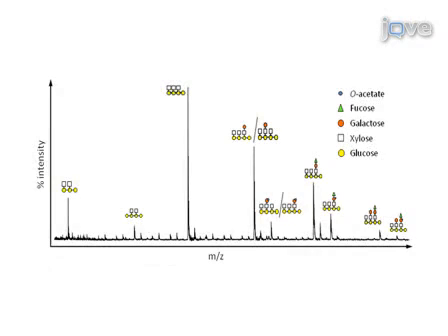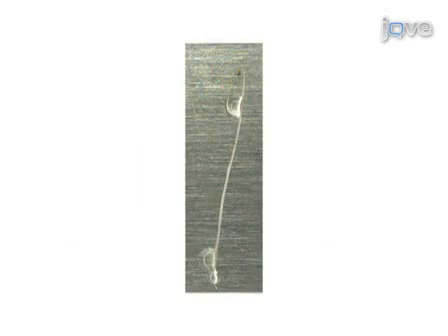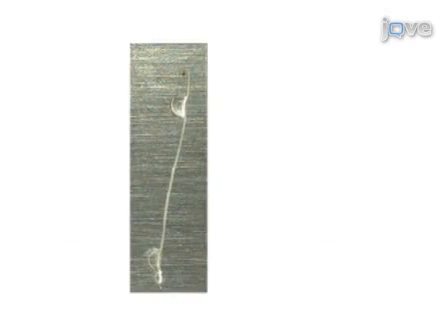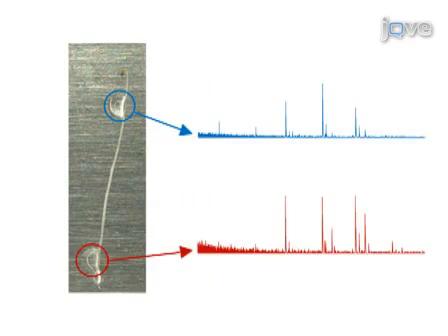This is a representative average spectrum of the oligosaccharides derived from the hemicellulose xyloglucan present in Arabidopsis seedlings. The ion intensities, or ion height, of all the ions of interest are added up to 100%, resulting in the relative abundance of the various oligosaccharides. The result of the in situ OLIMP method gives similar results. Each enzyme digestion droplet marked by a colored circle can be analyzed independently, and the corresponding mass spectra can be